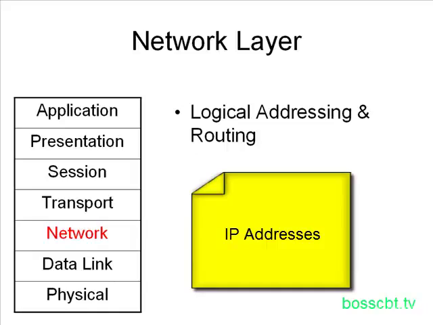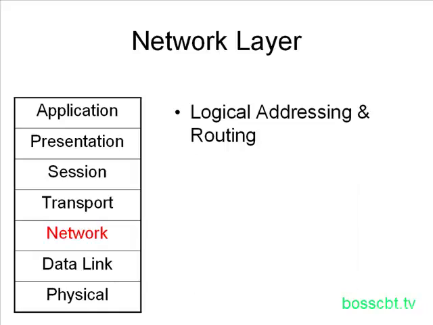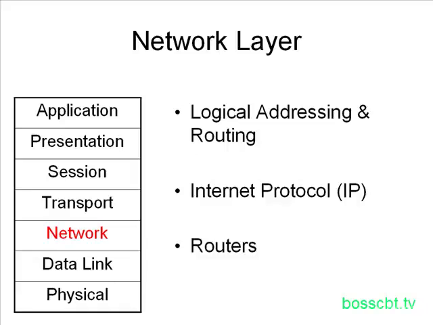Now, the routing portion comes in because if you know an address, you need to know how to get there. Well, routing is also defined at the network layer. And the primary protocol which is involved with the IP addressing and the routing is IP, or the Internet Protocol. The primary devices that are involved at the network layer are routers. So as a network administrator, routers and switches are the primary devices that one usually works on. So this is where we start to see devices that we'll become very familiar with, where they fit in on